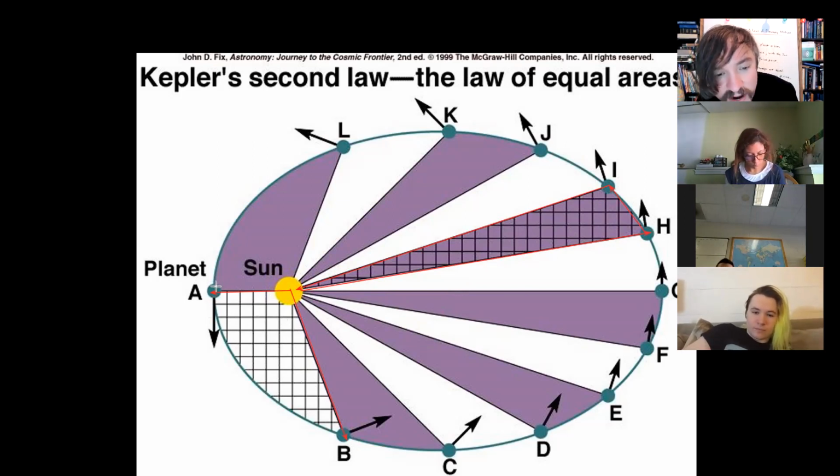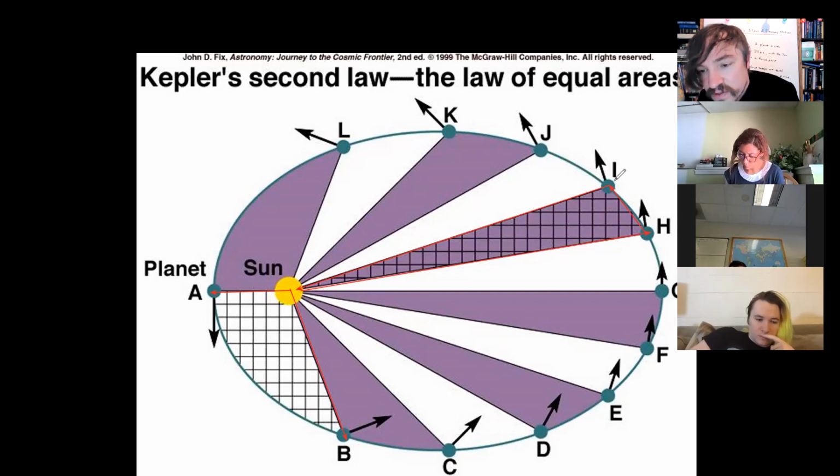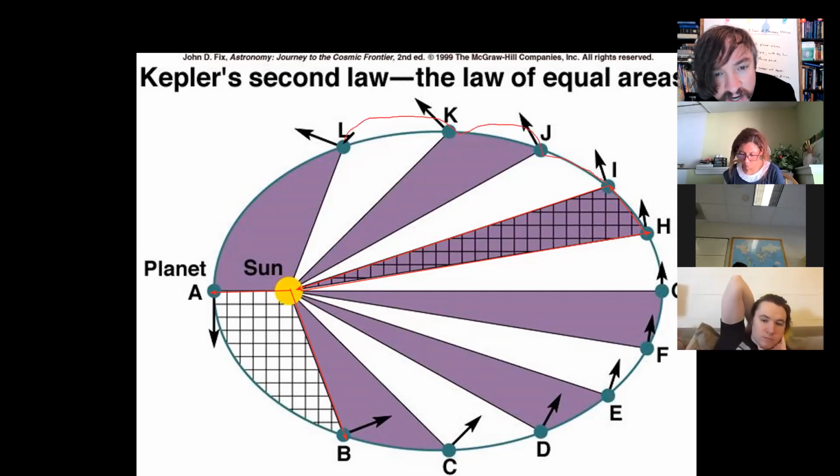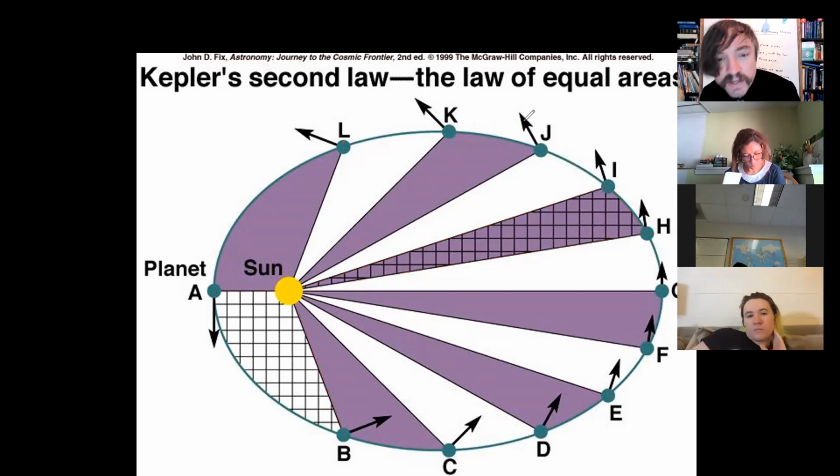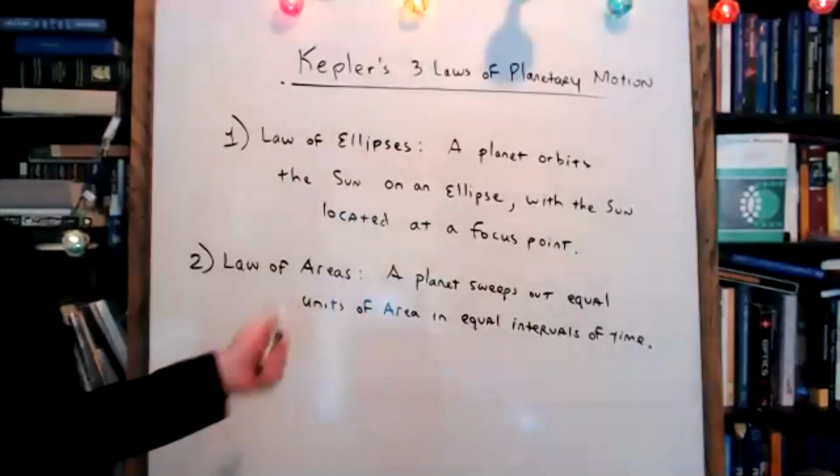So the planet isn't traveling at uniform velocity or traveling equal distances. It's sweeping through equal areas in equal times. And he can predict where the planet will be next, because he knows that if this triangle takes, I don't know, what did I say, 2 weeks or 2 months to accomplish, that the planet will move to position L in 2, 4, 6 weeks from now, or something like that. So it's very cool because you can predict the position of the planet.